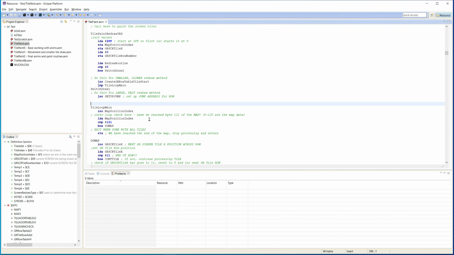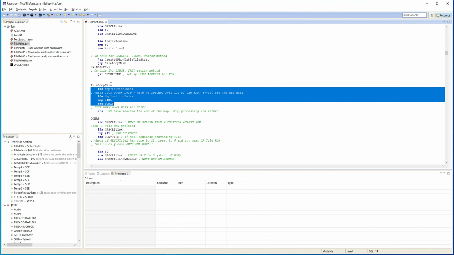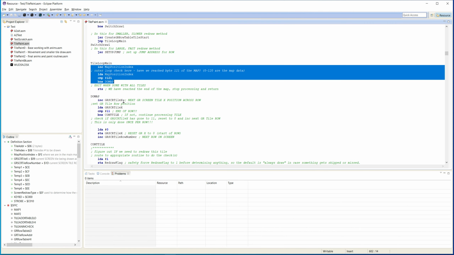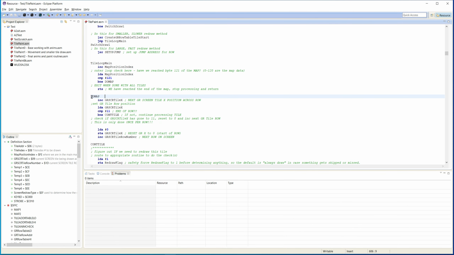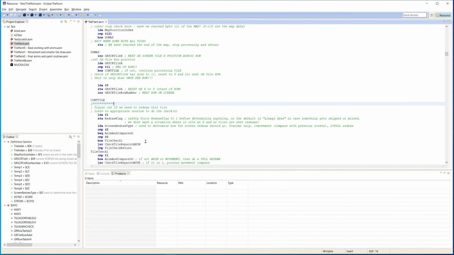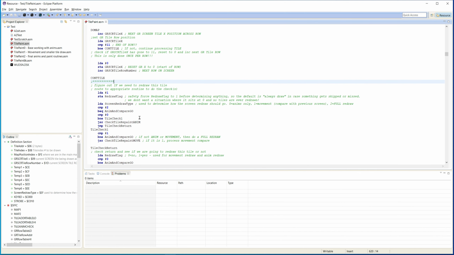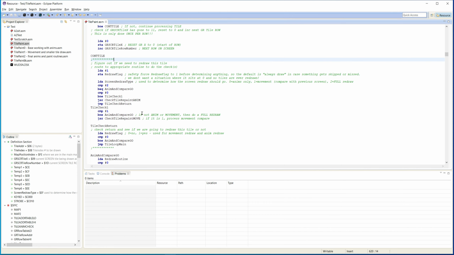So some of this stuff could probably be moved around, but you definitely need to have this, because this is the main loop to go through the entire buffer. So we have to have that, which then skips down to here on the branch, so it has to be after this. This has to be done because we have to get the next row position on screen, and we have to reset it if it reaches the end of the row. So it has to do all this stuff before it checks that. So it's kind of catch-22. Sometimes you've got to do things in a certain order, with certain things done first. But anyway,